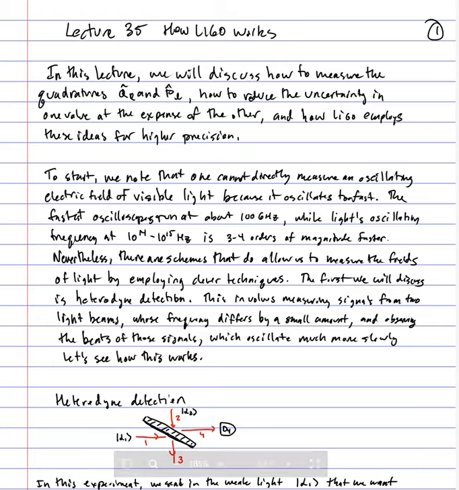Welcome to lecture 35. This is our second lecture on quantum optics. And in this lecture, I'm going to try to give you some sense of how LIGO works and also how, using squeezed states of light, one can improve the accuracy of LIGO. So to do that, we're going to talk about how we measure these quadratures Q_L hat and P_L hat, which